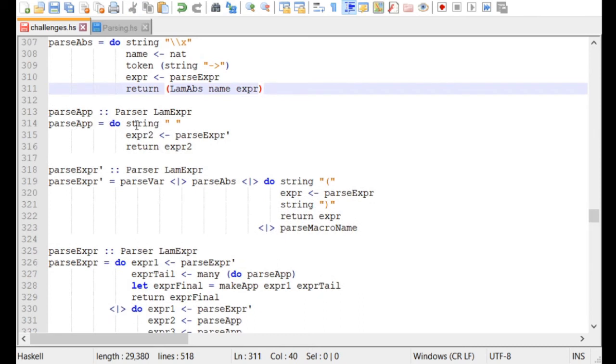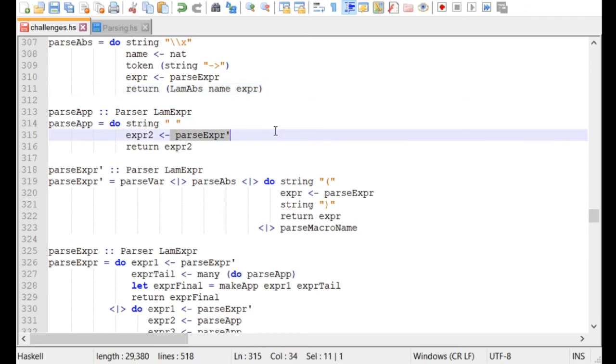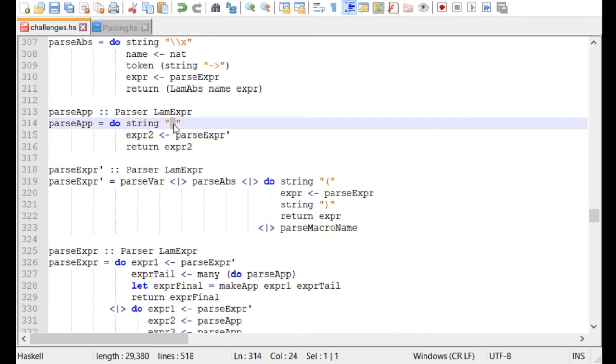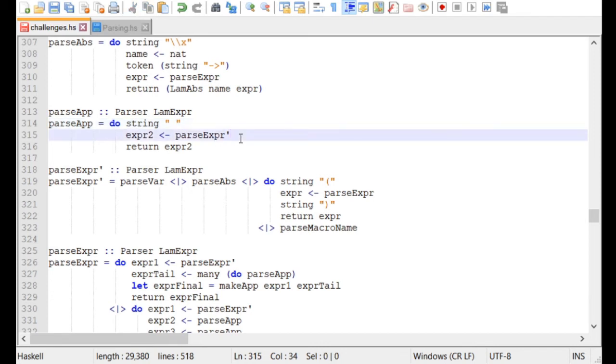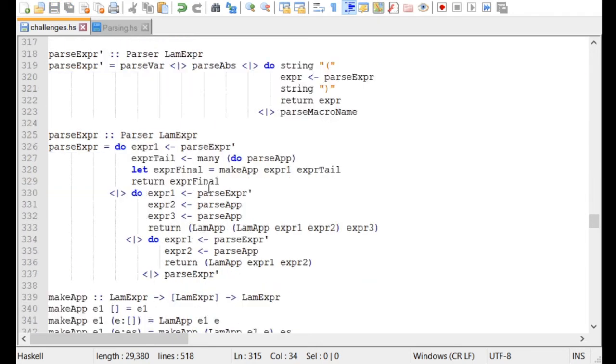We've got parse app. Oh yeah, this is the other thing. Parse app no longer has its first expression, so it is now just string and parse expression. Spacebar, sorry. It's the string spacebar and then parse expression. So the downside of this is I think it would pass spacebar x1 or something as an application and kind of die, and we'll probably need to go and fix that, but that should not be too hard. We can just put some error checking in. So yes,